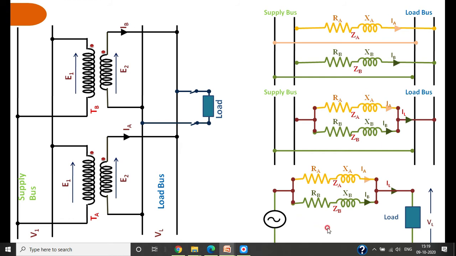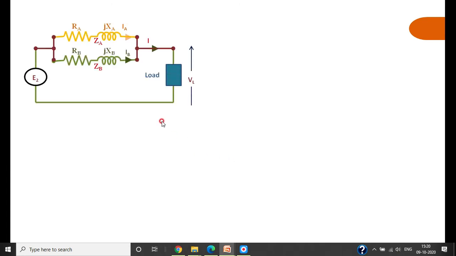I am drawing a simple circuit for the two transformers. They are connected in parallel with a source and a load, with the resistance and reactance on the secondary side. This is the figure I am getting. From this, we will find out the load shared by transformer 1 and 2, or A and B. I will redraw the same thing here, that is the source here, E2,